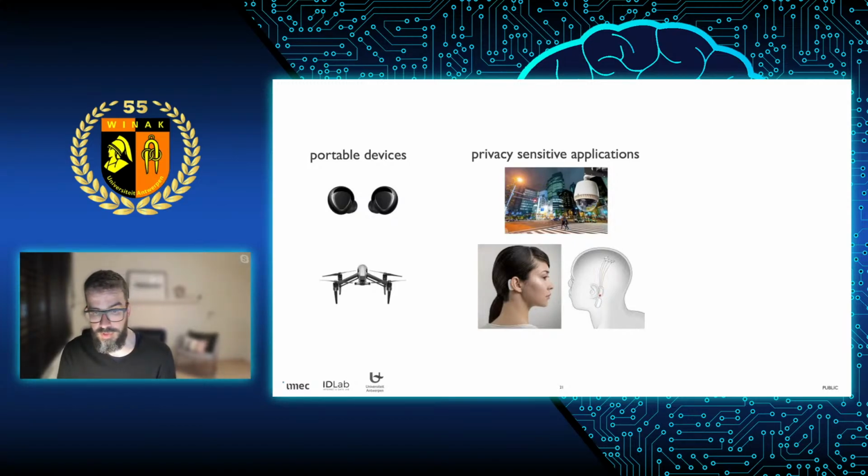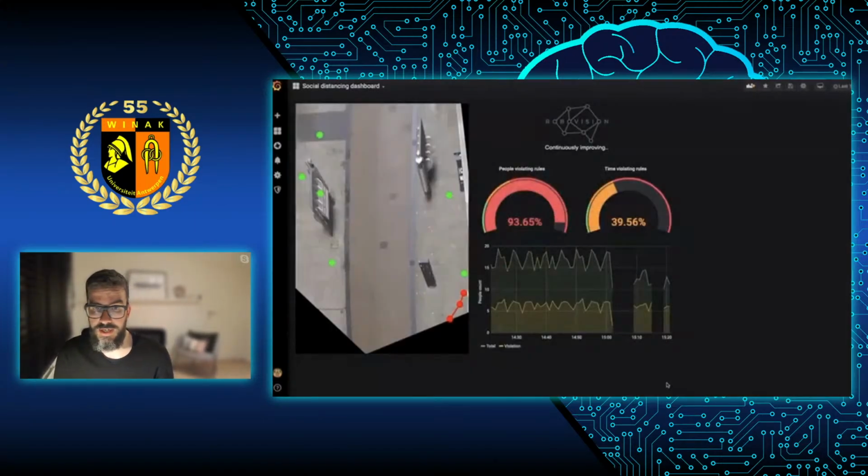And you might think, well, that's pretty futuristic. Brain-computer interfaces. When will we ever have this? Well, that's true, but there are already a lot of applications right now which really require that. And this is just a bit outside of the talk of today, but just to give you an example, this is something we developed together with the company RoboVision, where we built a smart camera for COVID tracing. So this is an example of our deployment at the Mer.